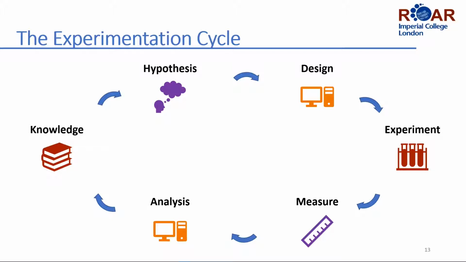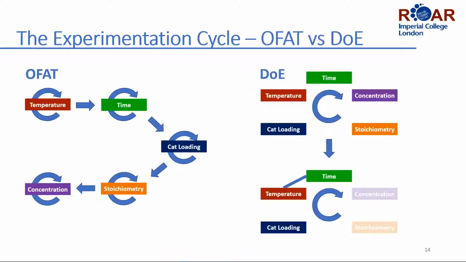And then we might go, right, the next hypothesis is that the equivalence of base would be an important test to do. So we'll go and look at that. So OFAT is very much an iterative, do an experimental cycle on one variable, then do the next variable, then the next, then the next. And what you want to avoid is having to go back through here because you've got these kind of two-factor interactions and you're having to